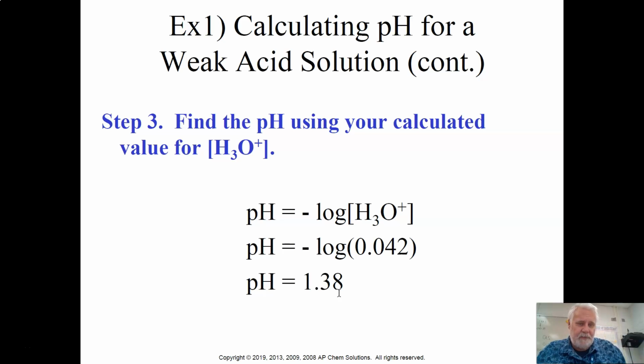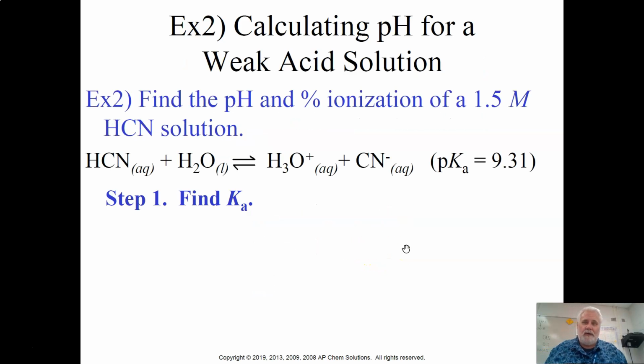It's not a super wimpy acid, but certainly does not meet the definition of being a strong acid, because it made a very small amount of product here, only 0.04 molar. Okay, so